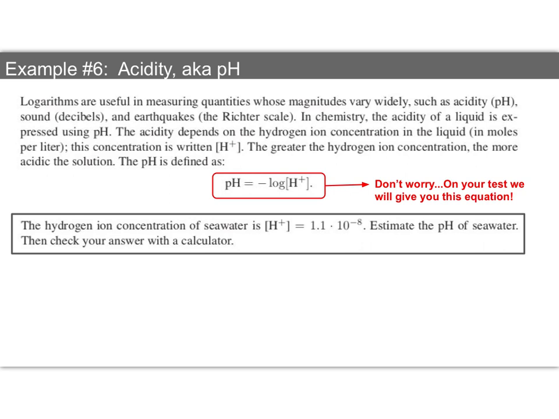So in this example, it says the hydrogen ion concentration of seawater, H+, is 1.1 times 10 to the negative 8th, and we want to estimate the pH of seawater. So in order to do that, to get our pH, we need to take the negative log of the hydrogen ion concentration, which is 1.1 times 10 to the negative 8th. And so we're going to go ahead and plug that into our calculator, and we should get that the pH is